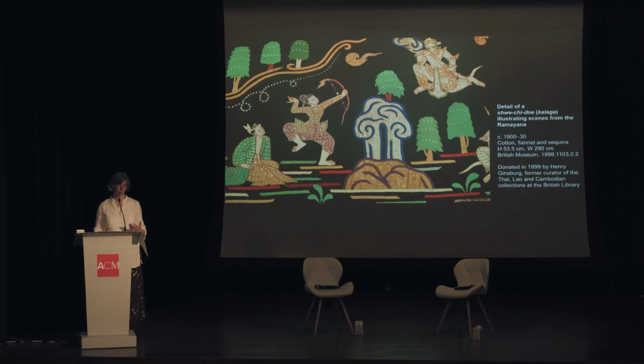They became incredibly popular. And the result was, although the Burmese knew about the Ramayana epic beforehand, suddenly it just became phenomenally popular, and there were theatrical troops springing up, showing it. It started being produced in textile hangings like this one. And of course, the clothing that the theatrical performers wore then became reinterpreted as a new form of Burmese formal